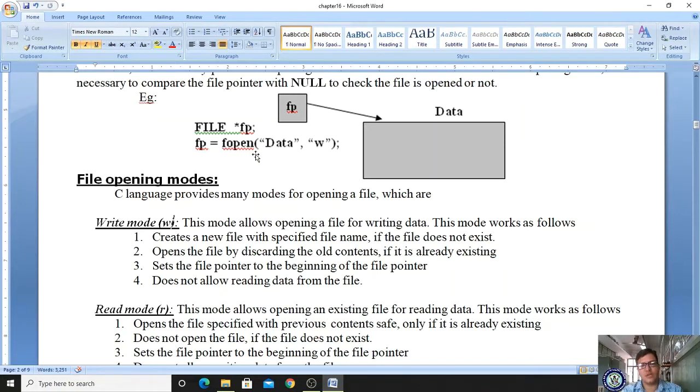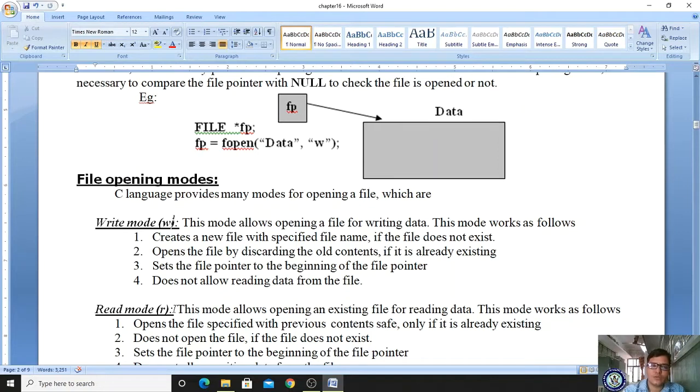It is opened by discarding the old content, which means it will store a new copy. Third, set the file pointer to the beginning of the file. After opening that file, the file pointer will be at the starting point.